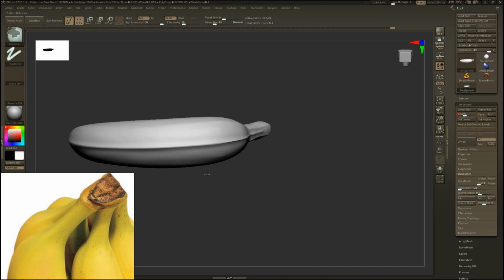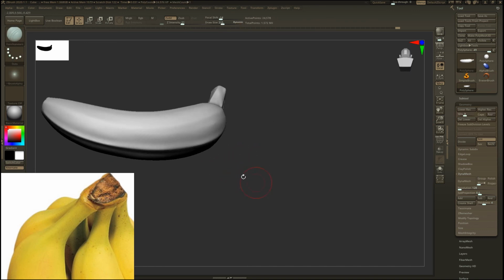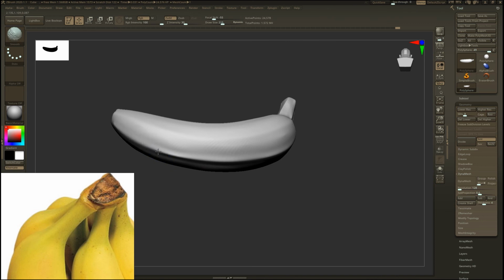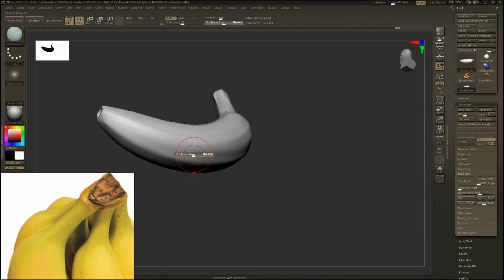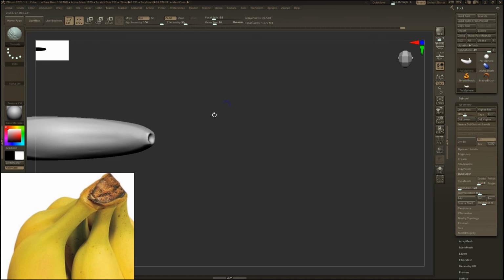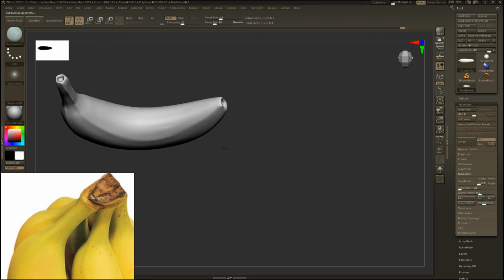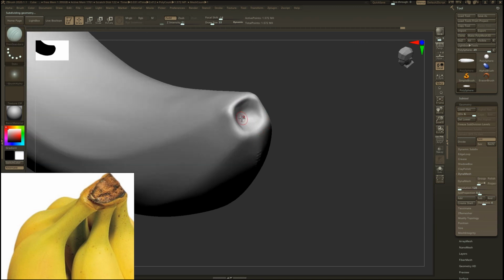Now going to a lower subdivision to smooth it out. You can detail it here also.